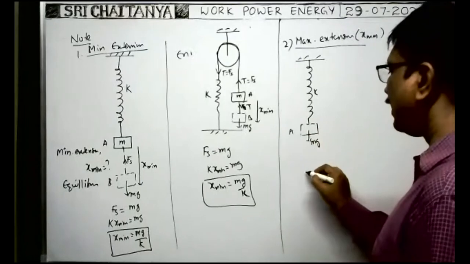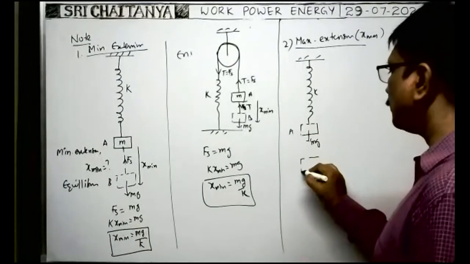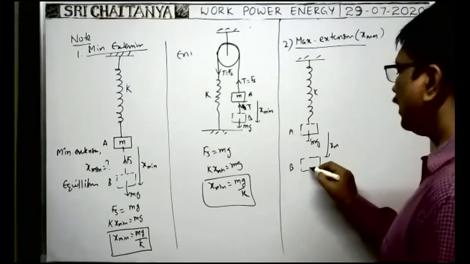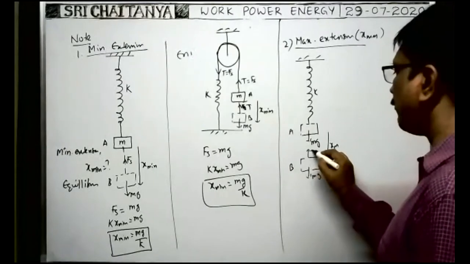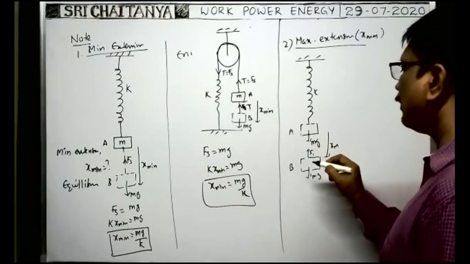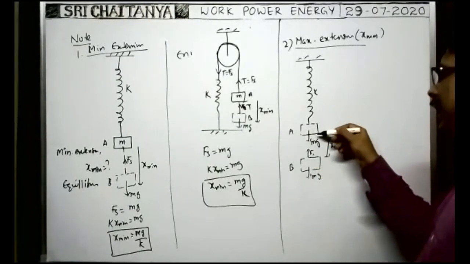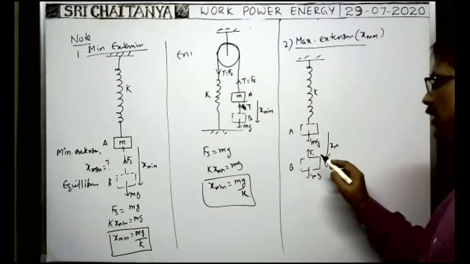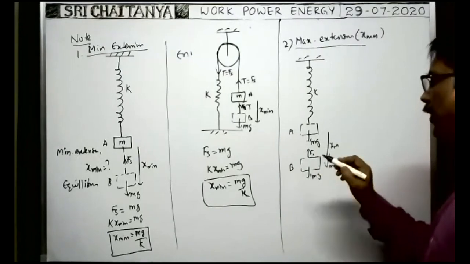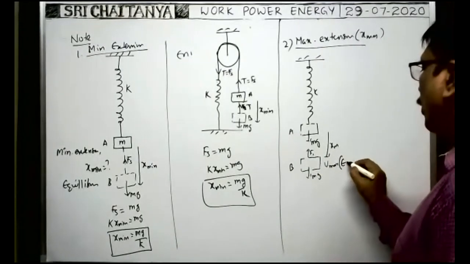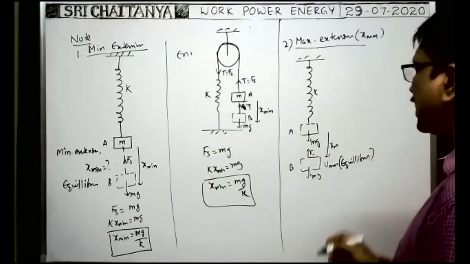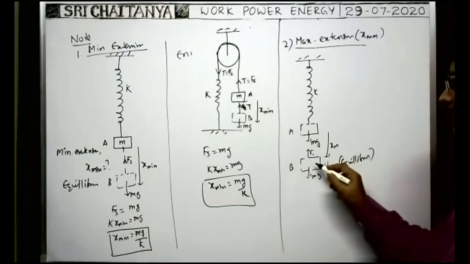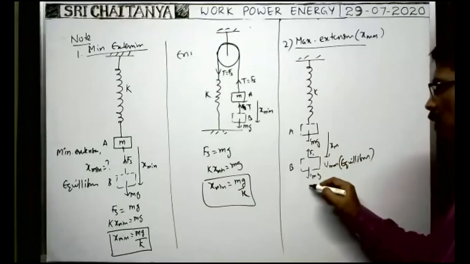That's why the block accelerates, and whenever it reaches the point B, so that the extension becomes minimum, at that time the weight mg and the spring force Fs are both equal in magnitude. Up to this, the block accelerates and acquires the maximum velocity. Whenever it acquires the maximum velocity, net force is equal to 0 here. That is called the equilibrium position. So at the equilibrium position only, the block acquires maximum velocity. But whenever the block is having maximum velocity at this point and the net force is 0, because of inertia of motion, the block continues to move in this direction.